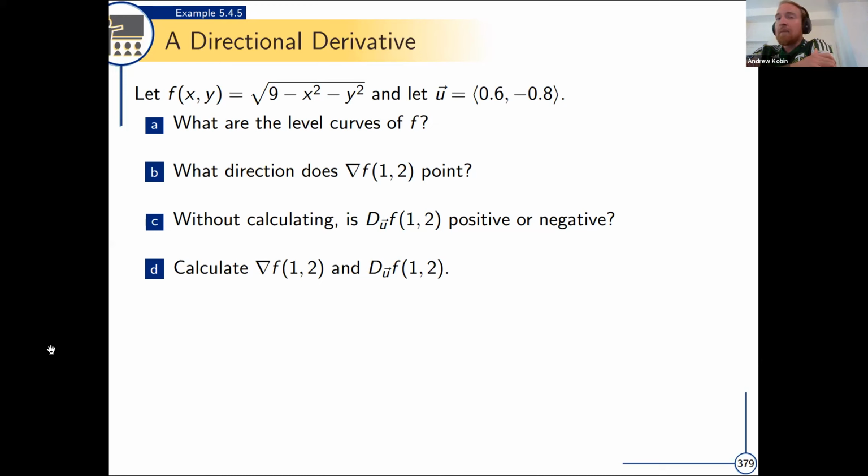And I'm going to switch over to the tablet to work through all 4 parts of this problem, but I encourage you to do this one on your own, at least parts A and B. Part A is a review problem for sketching level curves, but it's going to help us answer parts B, C,